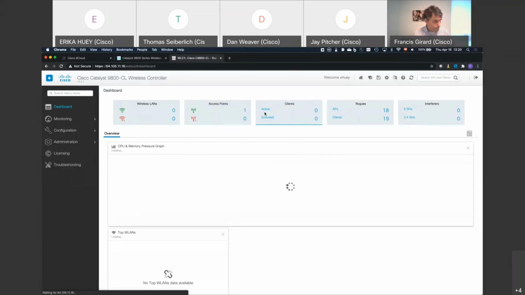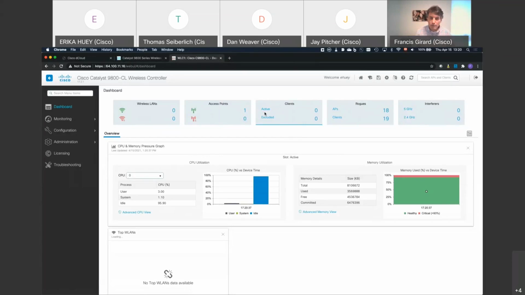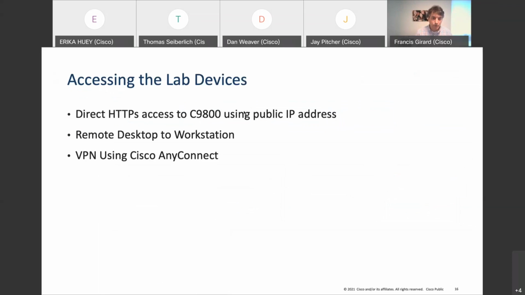There we go. Now, I'm in the dashboard of my controller, and here I'm seeing that I actually already have an access point showing on my controller. Beforehand, I did it, right? But I'm going to show you how you could do this yourselves, if you do have an AP, and how to configure it. But just before, I do need to talk about the other options to